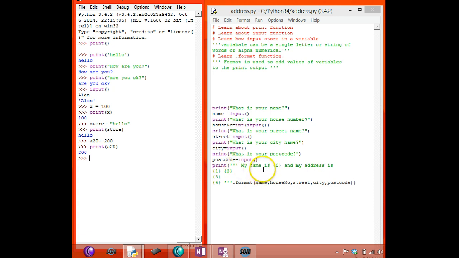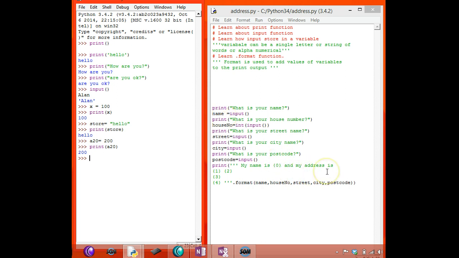So here, if you see, I use the words my name is. It is going to print out my name is, and if you see, there is a curly bracket. That curly bracket is very useful when you are using the format function. So I put a 0. Always in a format function it starts with a 0, not with a 1. Whatever I want here, my name is, I have to print out the variable called name. So I put 0 for the name.